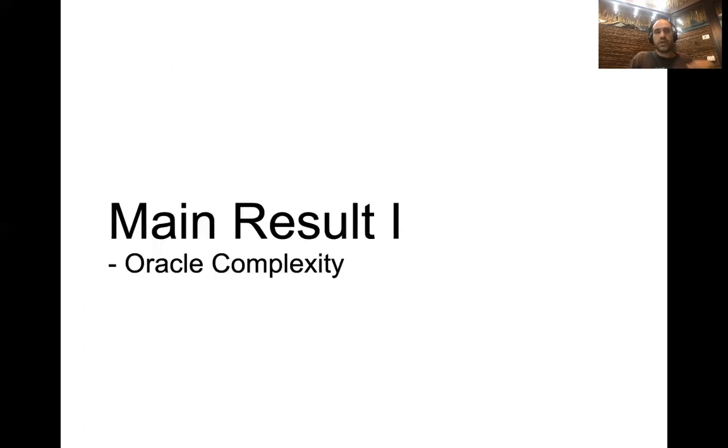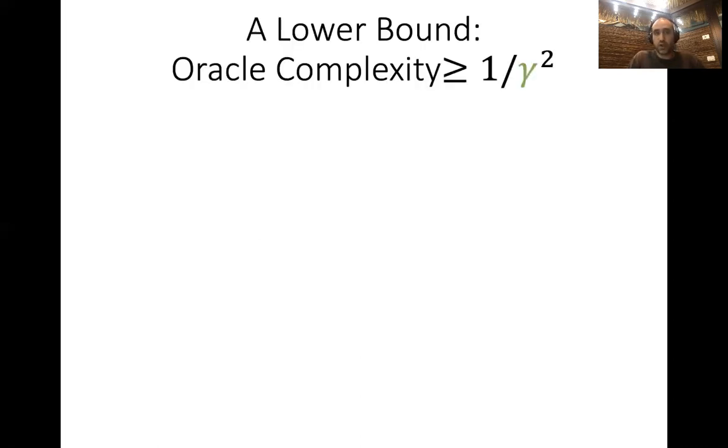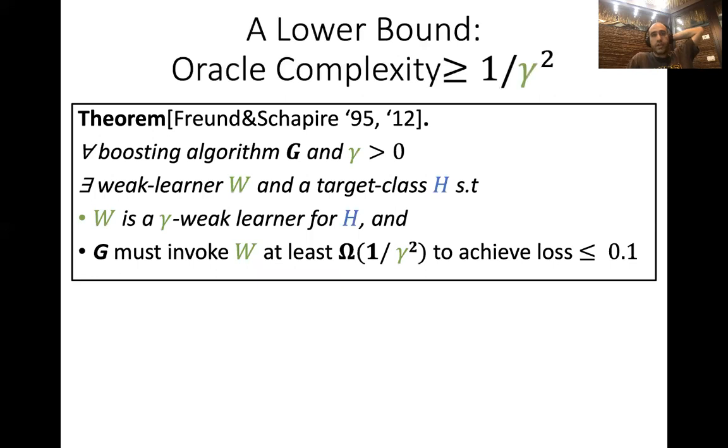Okay. So now I'll tell you about our results in more detail. So we'll first discuss the oracle complexity result. So for this, let me first tell you what is the lower bound that we are able to circumvent. So Freund and Schapire proved the following limitation on any boosting algorithm. So for any boosting algorithm G you give me, and for any gamma greater than 0, recall that gamma is the advantage G has over 1/2,